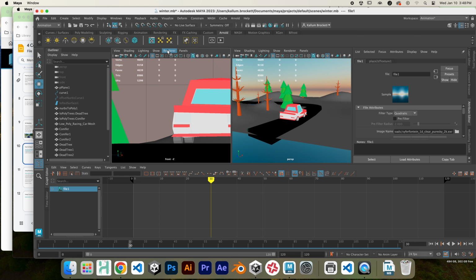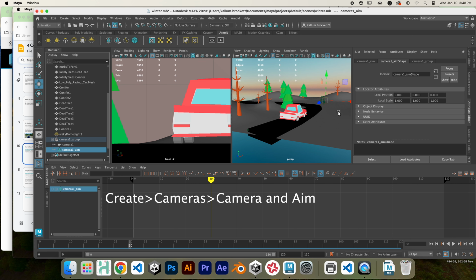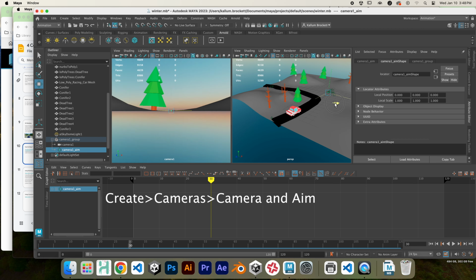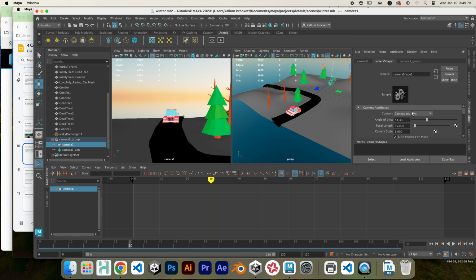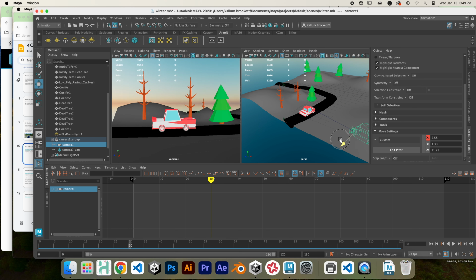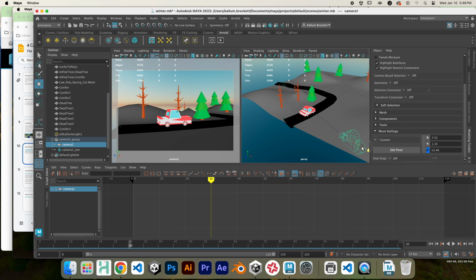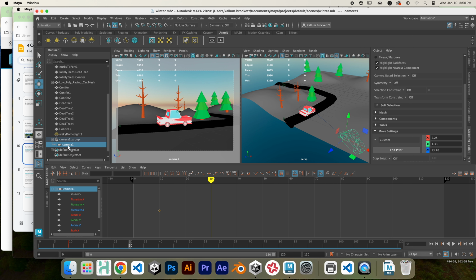All right, I've got my Skydome in. Now I'm going to set up my camera. Make sure everything gets in the correct time frame here. I'm using a camera and aim, so I'm going to put the aim inside my car so that the camera will always point at the car. And I'm trying to make sure that my camera doesn't reveal that this is just a plane, right? I want to have that view so that we can see